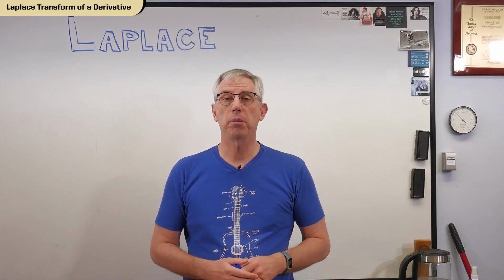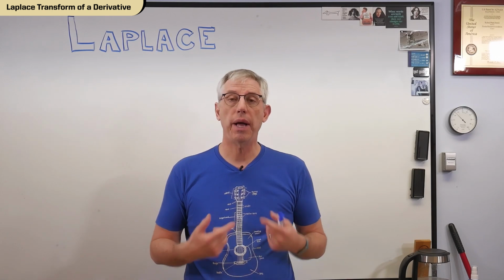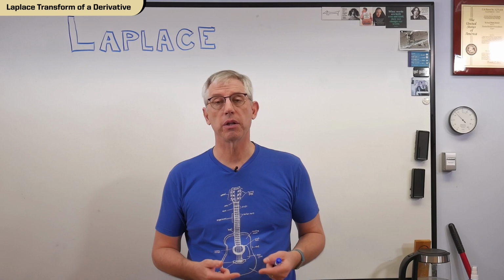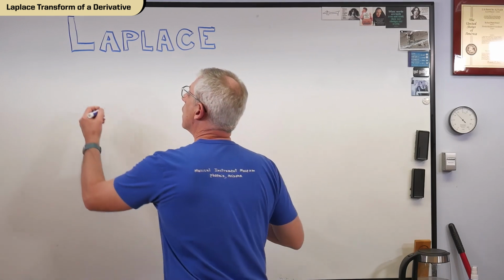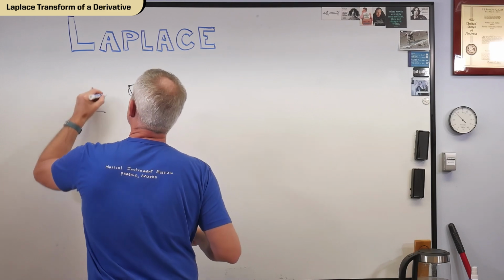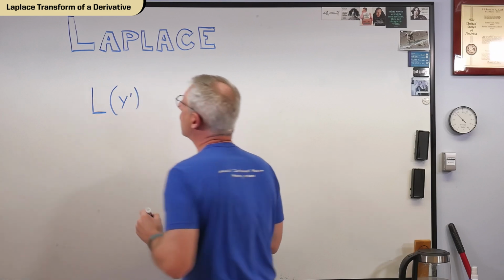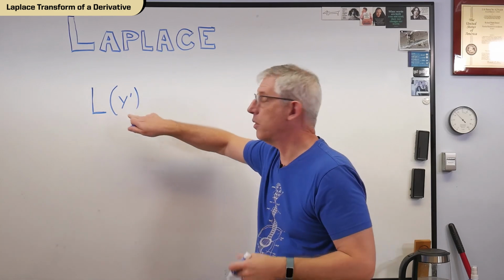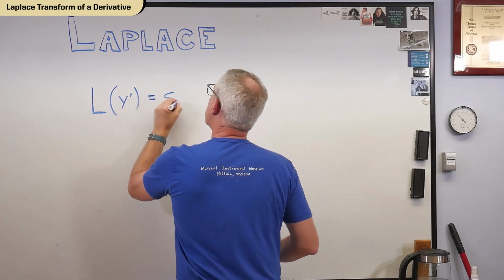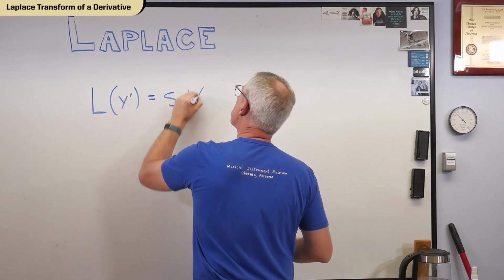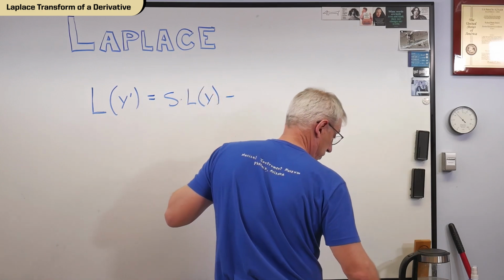The thing that makes a Laplace transform so handy for solving differential equations is what happens when you do the Laplace transform of a derivative. Here's what it looks like. So if I say capital L of y prime, that means Laplace transform of the derivative of a function. What I get is S times the Laplace transform of the function only minus